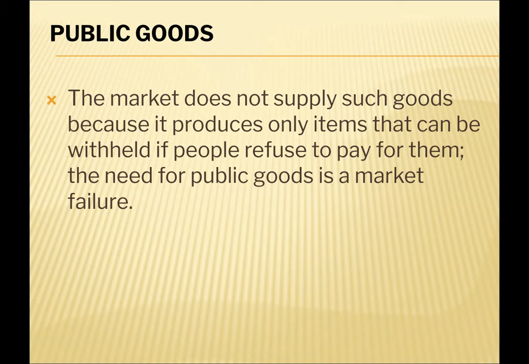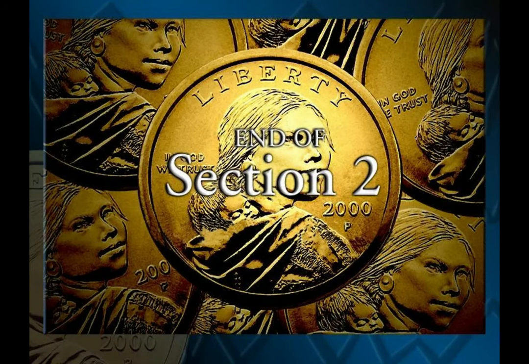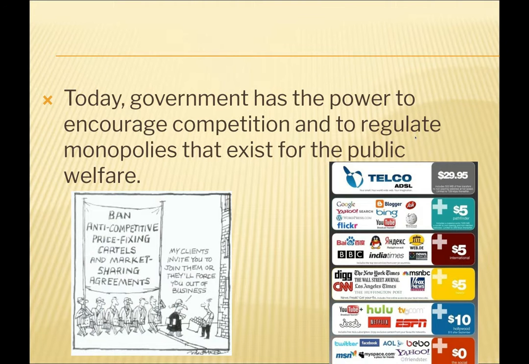Another example would be national defense. You can't say, okay, this person paid their taxes, this person paid their taxes, this person right next to those two people, right in between them, did not. So we're going to protect everybody on the street but that household. It doesn't really work that way. And that is the end of section 2.